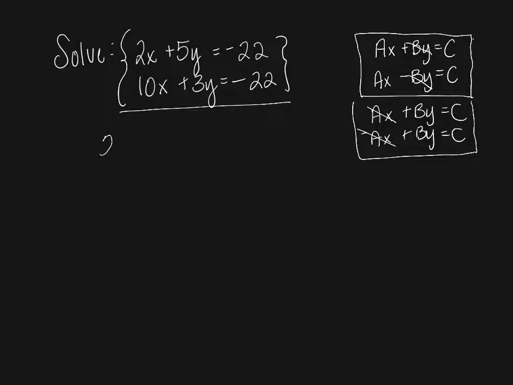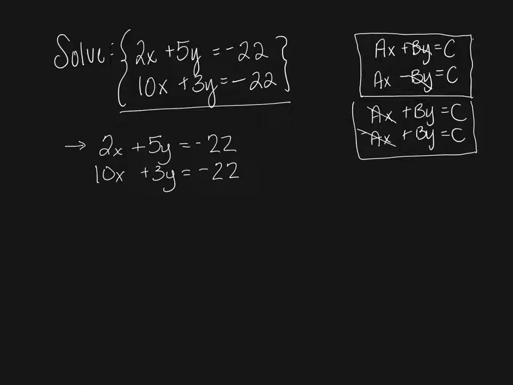If I have 2x plus 5y equals -22, and 10x plus 3y equals -22, I don't have a clear x or y that I can cancel. If I add these, I get 12. If I add these, I get 8. So I'm going to have to do something. Well, let's look at one easy solution. How could I get to either a 10 or a 3